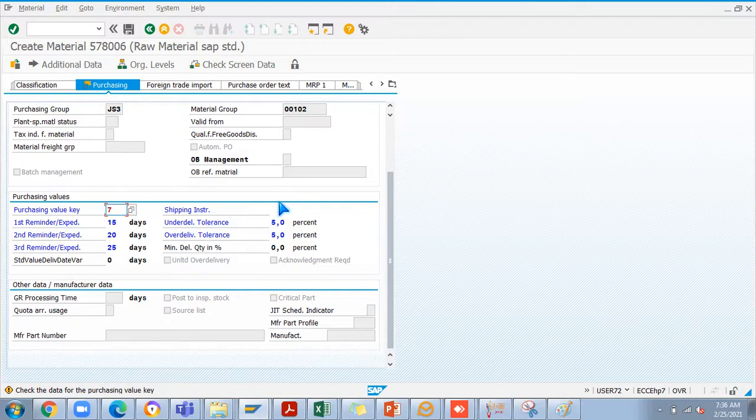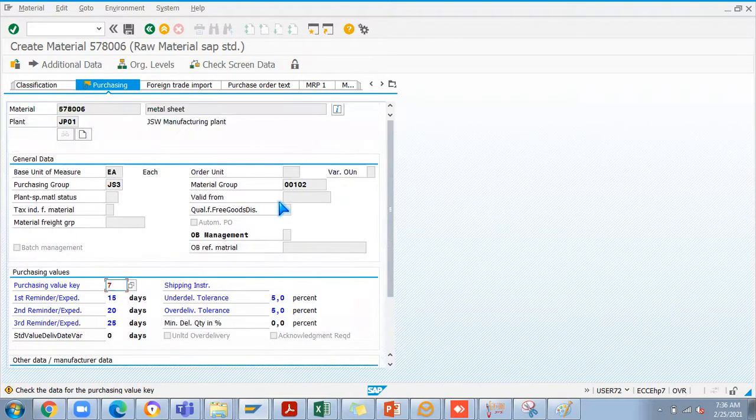Once you enter this purchasing view, here also you can see the general data. The material is coming from the client level. The material is created at different levels. Client level means when you create basic data 1 and 2, you do not need to add any plant details; you can only create the material across the client. When you select the purchasing view or the accounting view and so on, you are extending it, creating the material at the plant level. If you choose storage data 1 and 2, then it is a storage level creation. Different levels of creation are there in SAP.